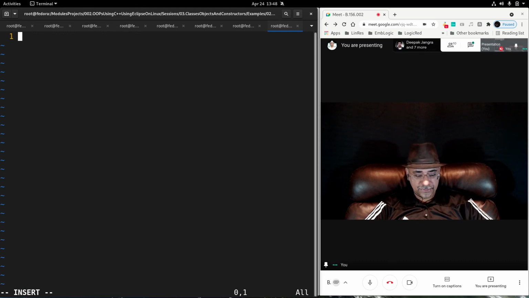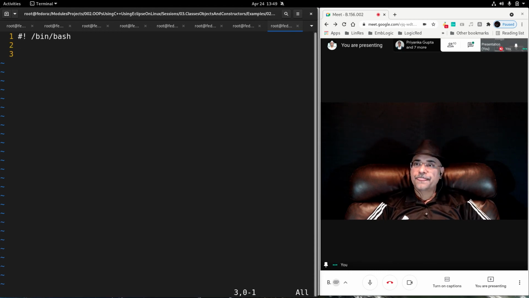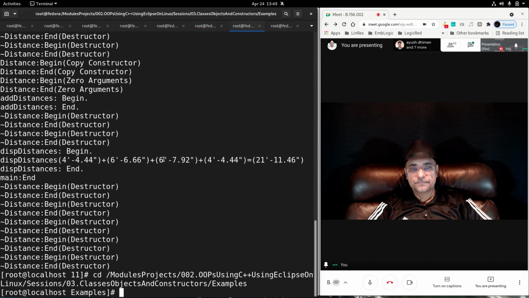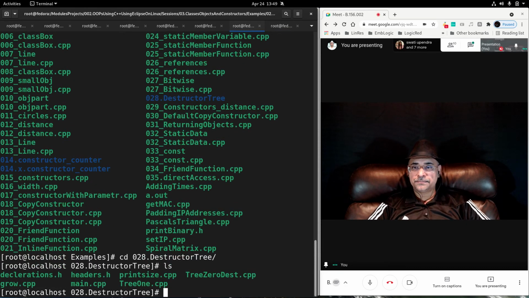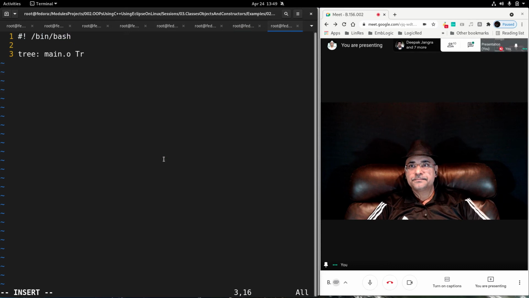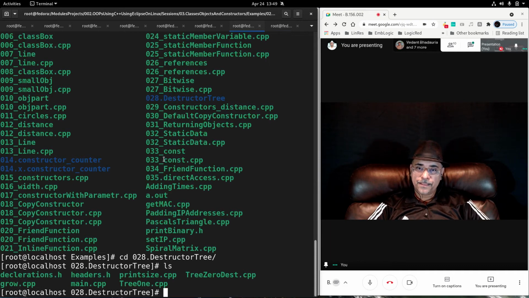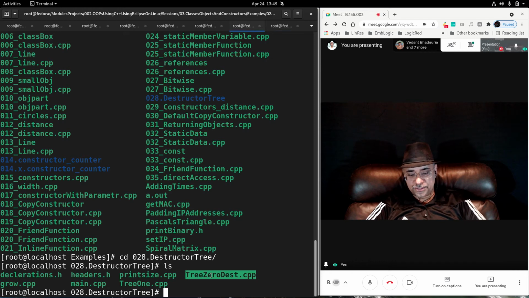It is a shell script, so we need a bin bash shell for it, and we have to create a target called tree, which will be created from main.o, then tree1.o, then tree0 destructor.o, destructor.o,